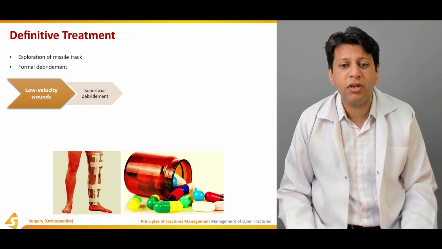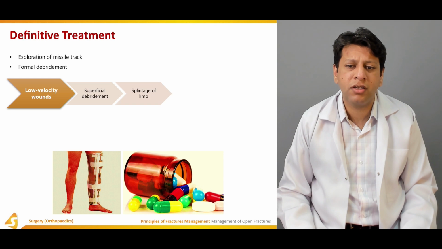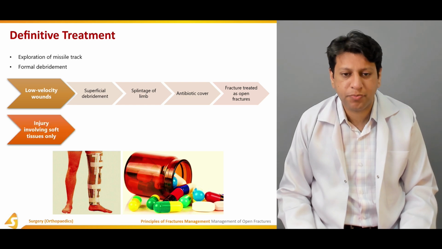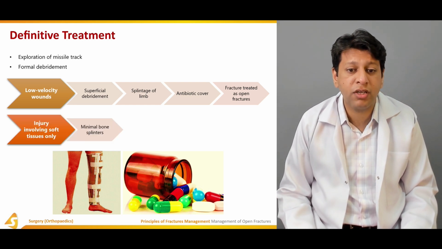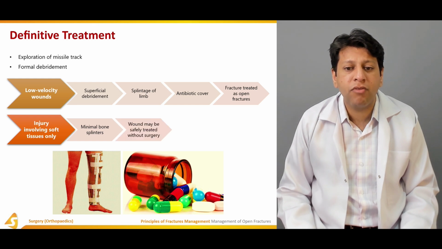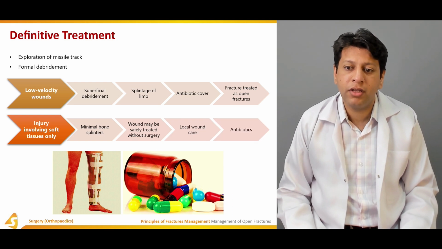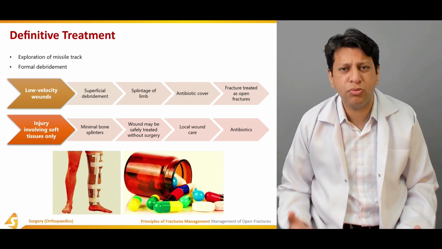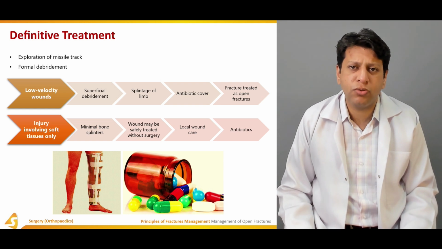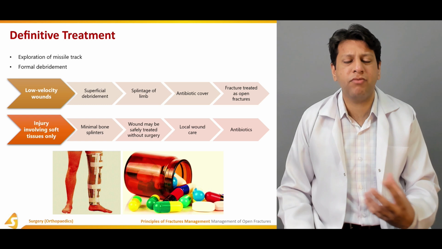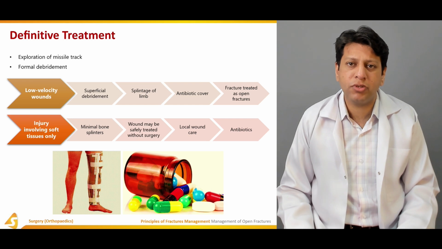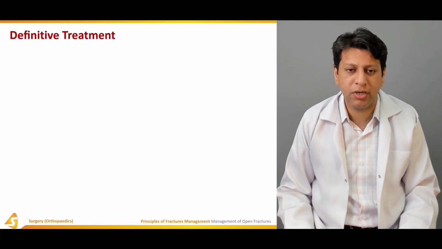Low velocity wounds usually require only superficial debridement, splintage of the limb, and antibiotic cover. And a fracture is usually treated as an open fracture. In injury involving soft tissues only, there may be minimal bone splinters. The wound may be safely treated without surgery, with local wound care and antibiotics. So that is important. If it has only done soft tissue damage and there is no bony fracture, you have to treat it as a simple wound as we normally treat, doing some debridement, making sure that all the devitalized tissue is removed, and antibiotics are given along with copious irrigation of the wound